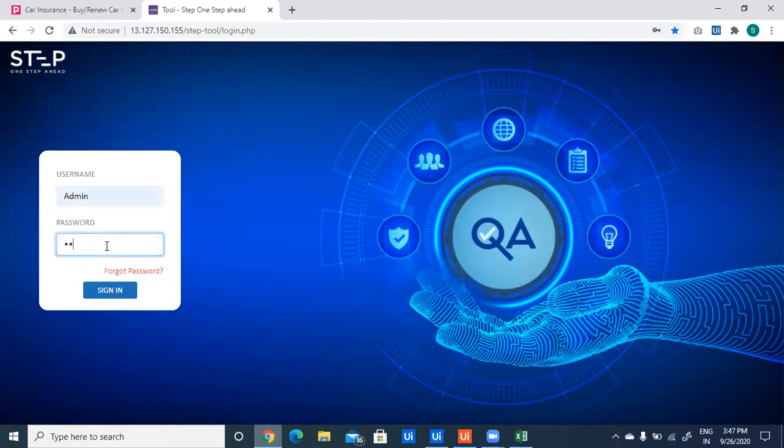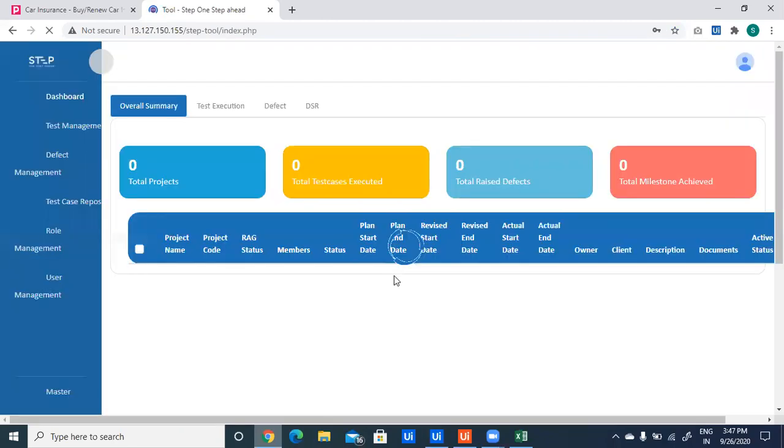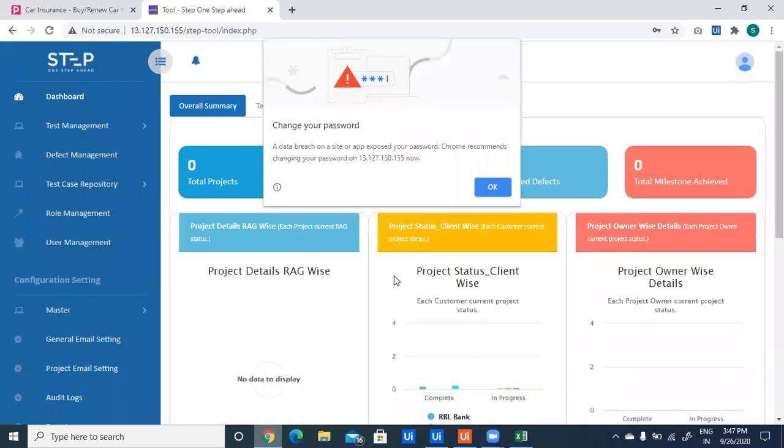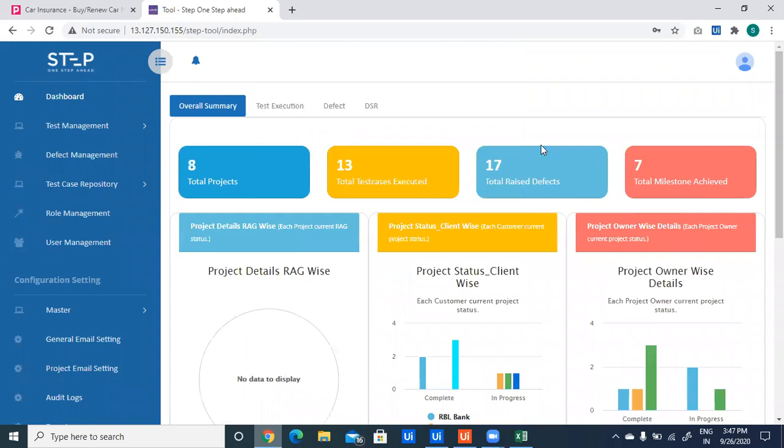Just to add to what Sony is saying, this is the test management tool which we are using, but you can use any test management tool, related to Jira or HPQC, whatever ALM you are using, and integrate that with UiPath.